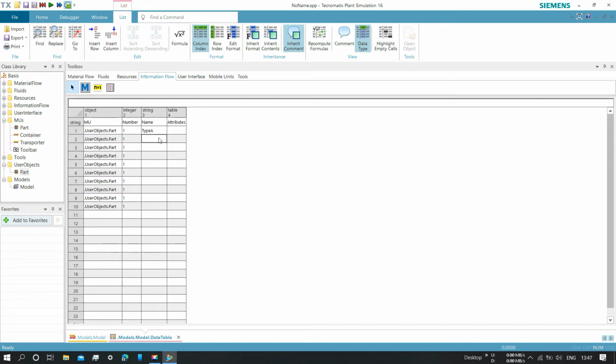Here I am not using attributes. In this one I use 10 objects by using type A, type B, type C and type D. I enter the type order randomly.